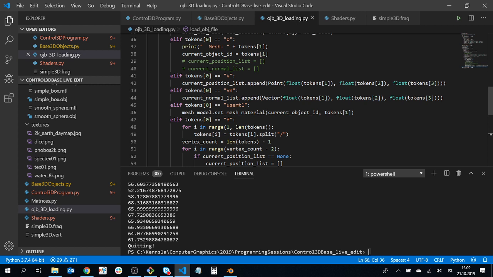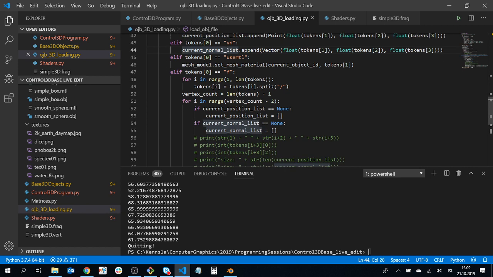So if it's a VN, all of this, I'm just adding it to a local list that I have here, position list, normal list, so you do the same thing. For VT, we'd append to some UV list a point or a vector. Doesn't matter. You need just the two numbers, the third number would not matter. When, however, we get an F,